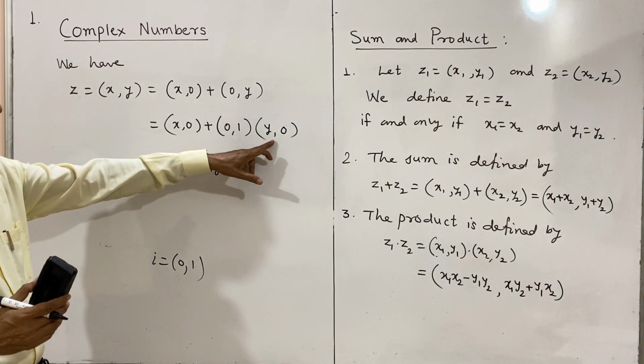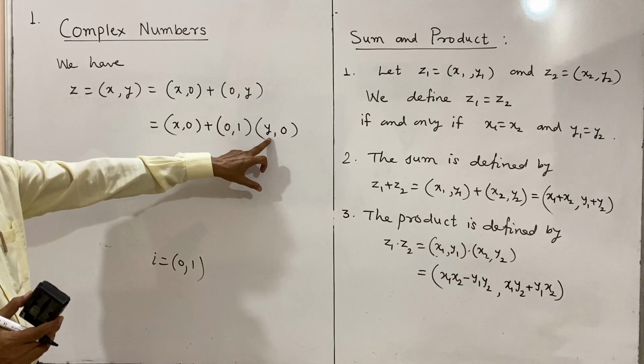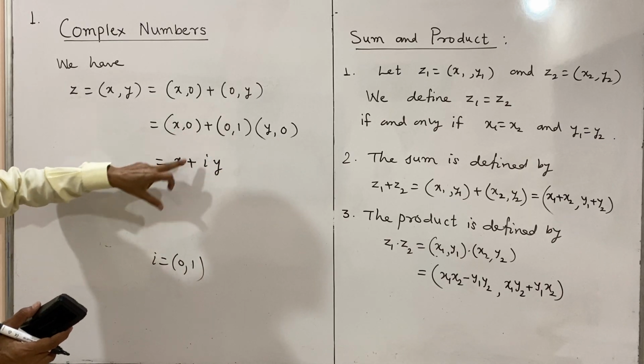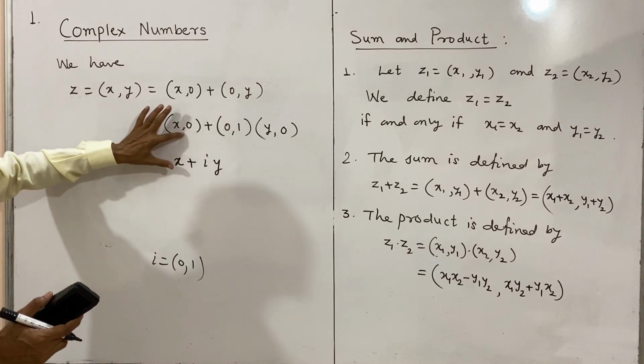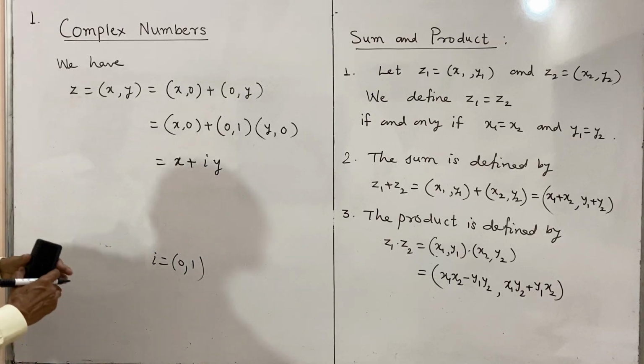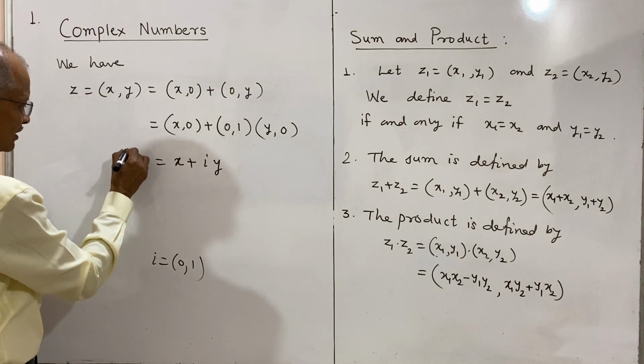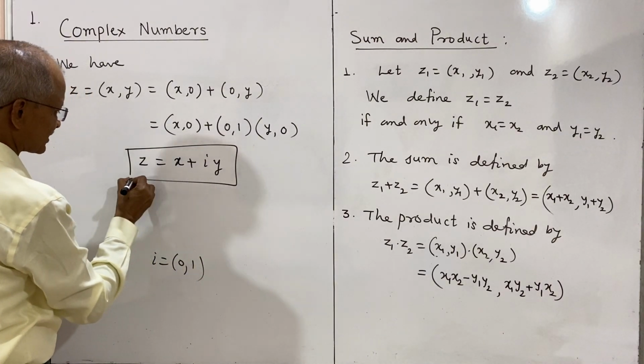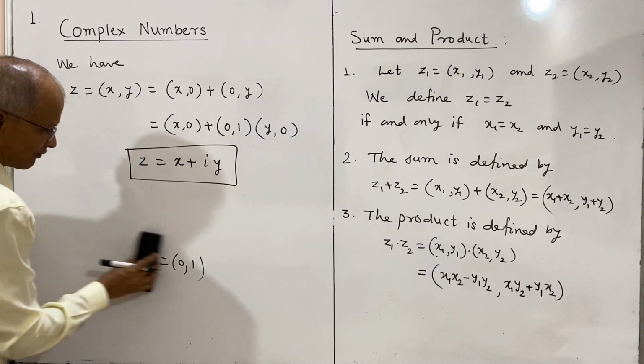That is a real number, y is denoted by (y, 0), x is denoted by (x, 0). So this is x plus i into y, and thus this is the notation for complex number z. And we also have